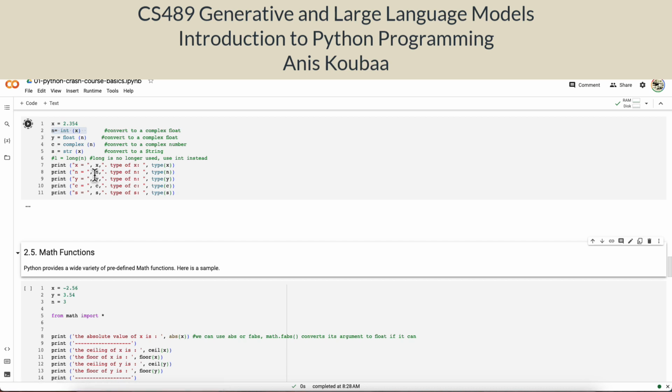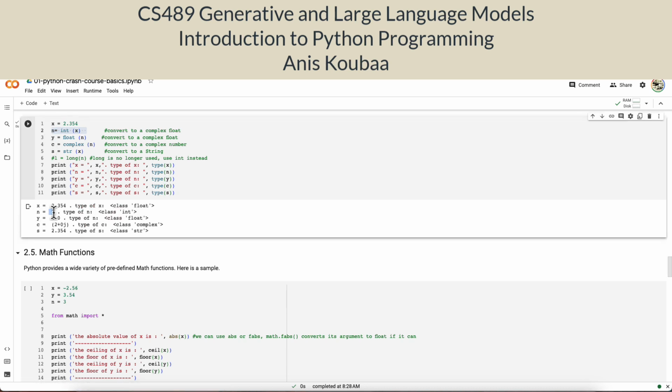So the integer part of x will be 2, and the type here will be int. So the original type of x is float. Now I want to convert n, which is int, to float. That's possible. So it will be written as 2.0,